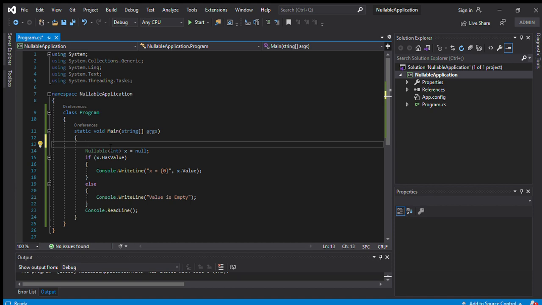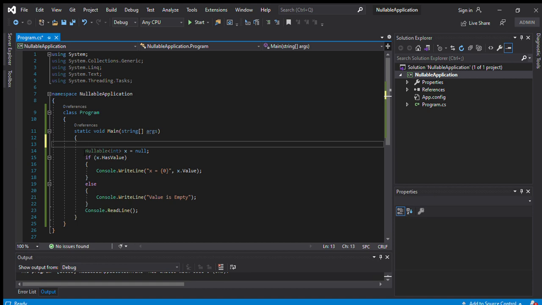Okay, so to solve that problem, it is a very advanced topic, or maybe you can say it is an advanced topic because I am not using any database connectivity yet, but I can declare null like this.